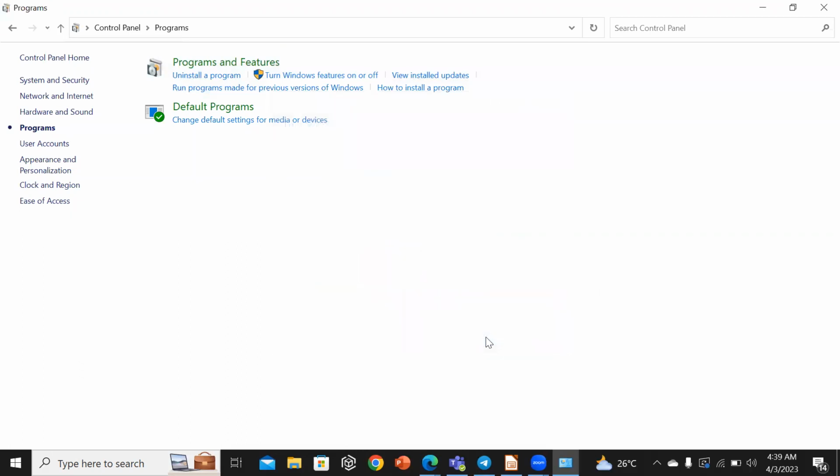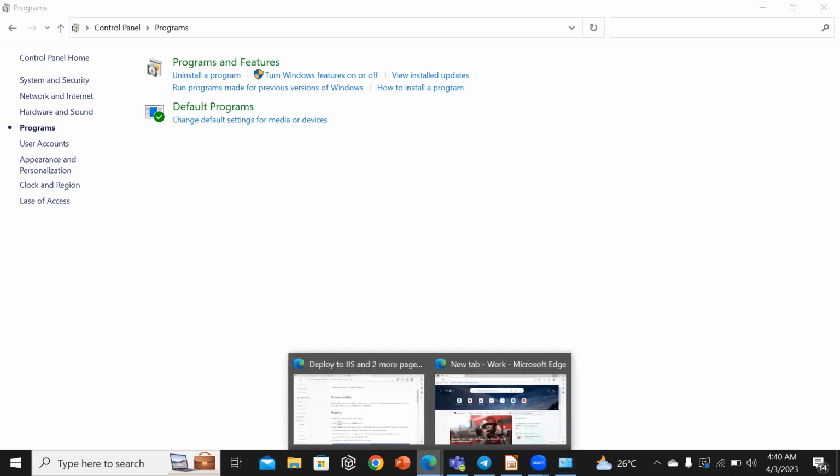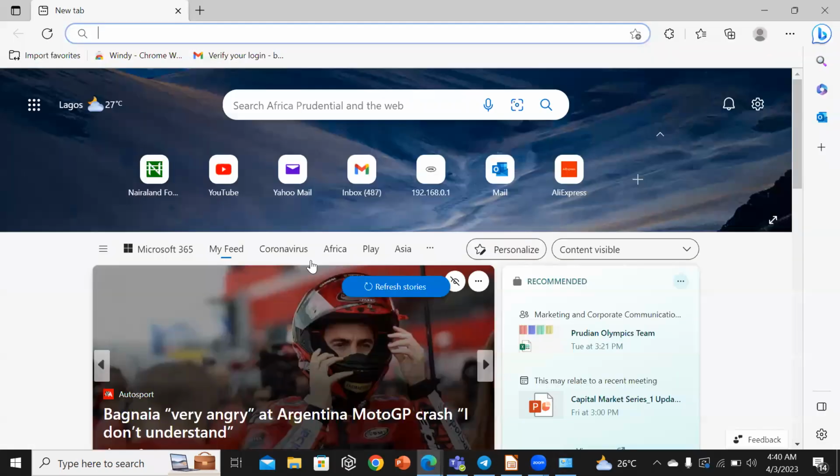Then you wait for IIS to be fully installed. When it's installed, Windows will prompt you to restart your computer. So restart your computer. Now, after you've restarted your computer,